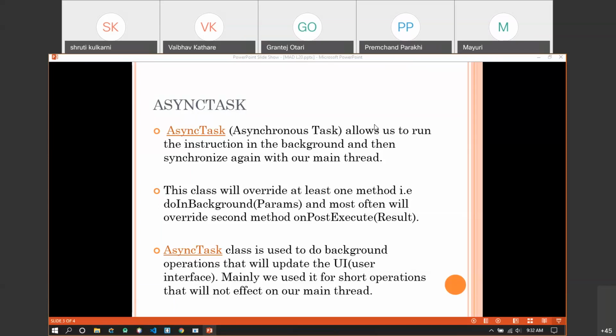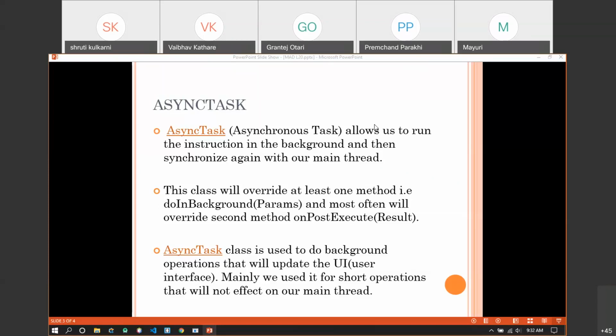Now, what is async task programmatically? Conceptually we know async task is something which runs in the background without causing a load on the main thread. Programmatically, async task is a class which has various methods.